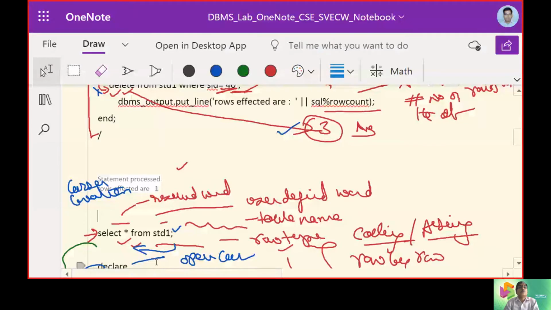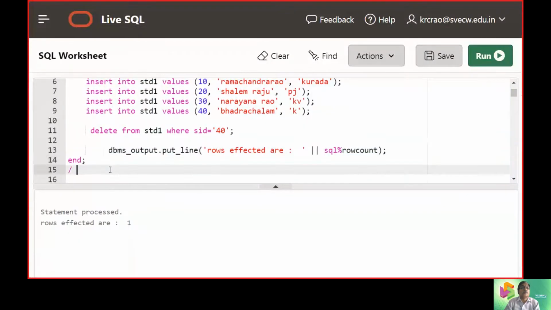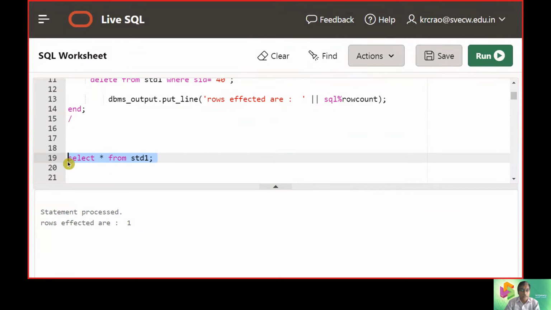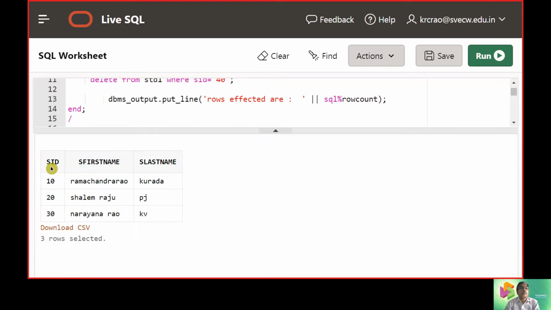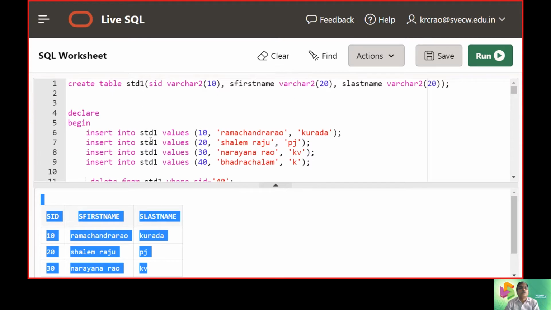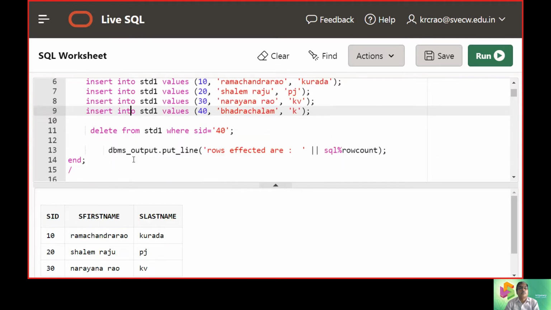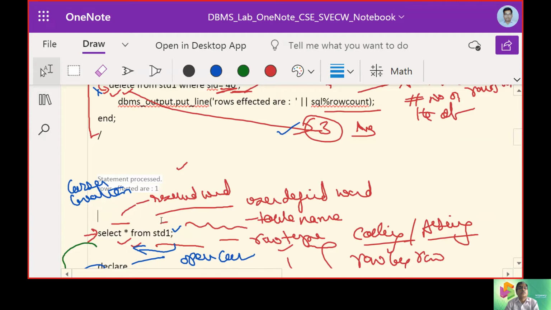Now what we will do is we will see whether the remaining three instructions are available or not. Now you can see earlier we made four insert operations, right? So insert 1, 2, 3 and 4, but you made a delete operation for ID 40, so that element was deleted and the rest of the things are there.